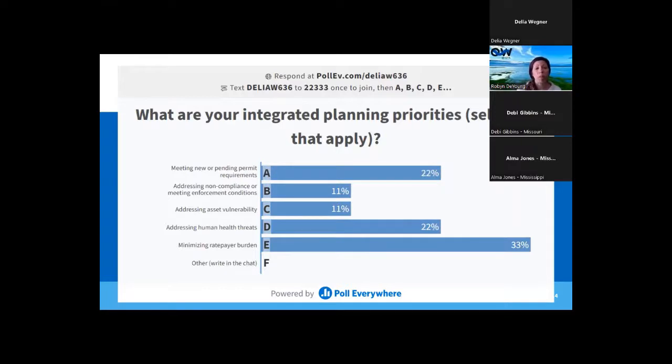Maybe there's some non-compliance that is necessary for you to think about. And we don't actually know who is putting in the answers for each of these, so it's basically anonymous. Maybe there's some asset vulnerability. In Springfield,